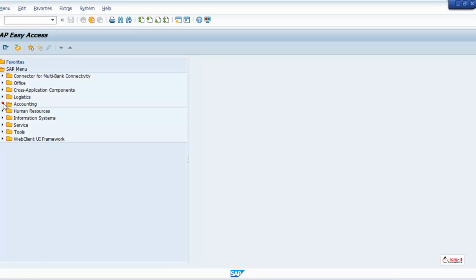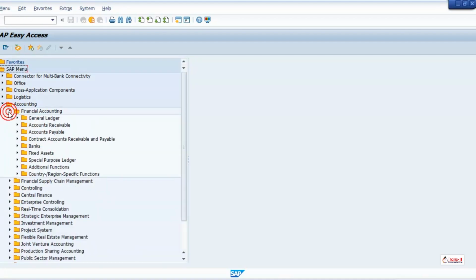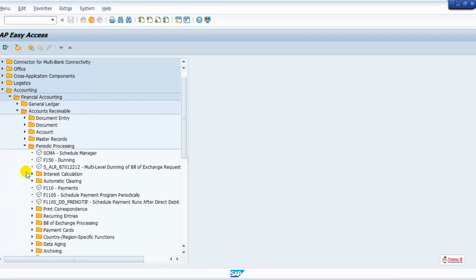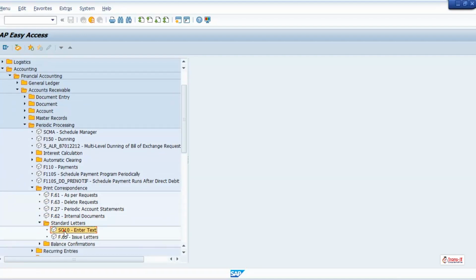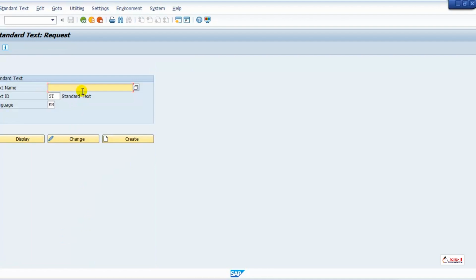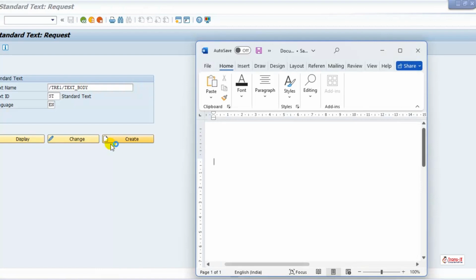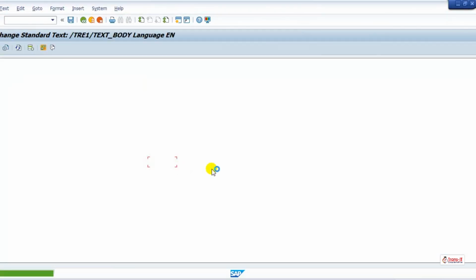SAP S, accounting, financial accounting, accounts receivable, periodic processing, print correspondence, standard letters and enter text. Now enter here text, that is /TRE1/text_body. Now click on create button, click on allow,